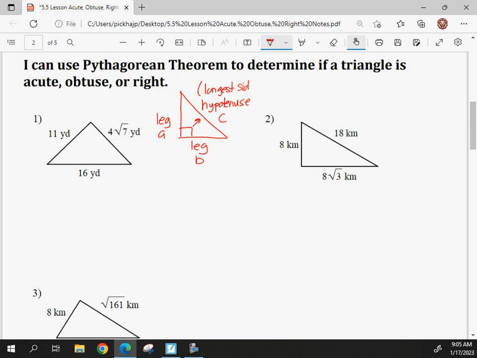and that's because it's always across from the biggest angle, and we've talked about that. The biggest side is across from the biggest angle, and vice versa, when we were ordering sides and angles in triangles. And so the hypotenuse being across from the 90-degree angle means it's always going to be the longest side, and we give that C. And so the relationship in a right triangle